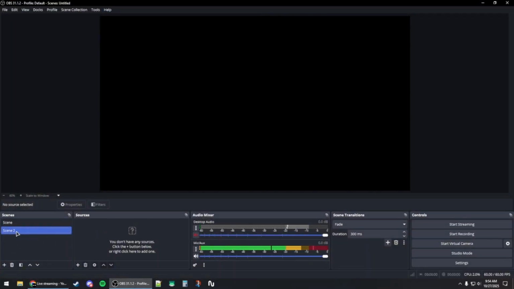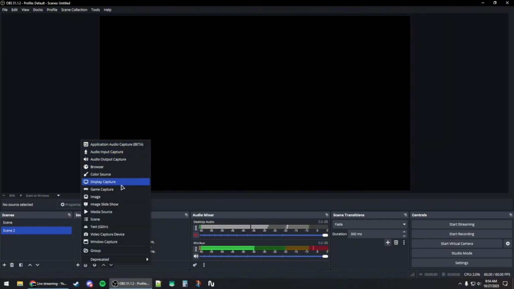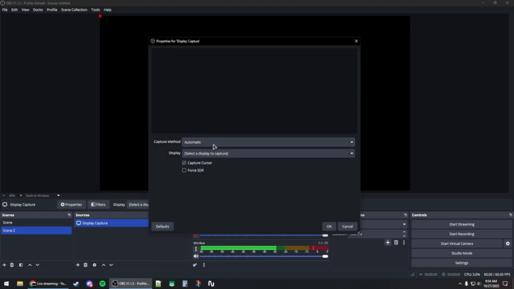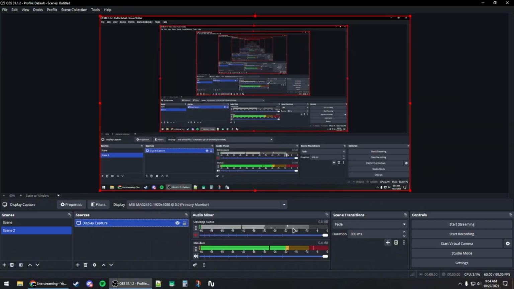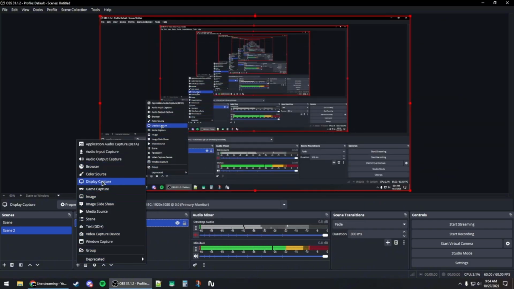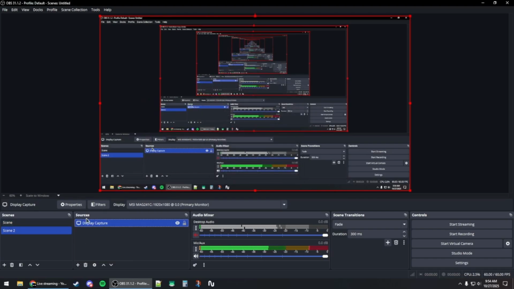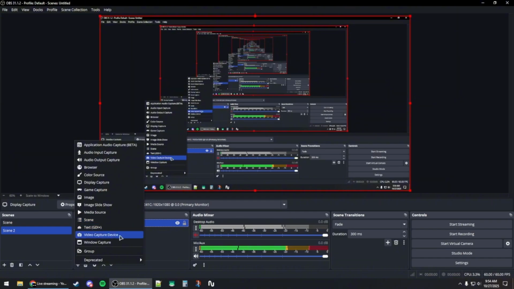Now you will need to create a new scene if you don't have one, and then click on add sources, and then basically choose either you want a display capture to capture the entire screen, or you can basically choose a specific window. So for example, a game capture to capture a specific game, or you can also capture a specific window that is not a game by window capture, and you can as well add a camera if